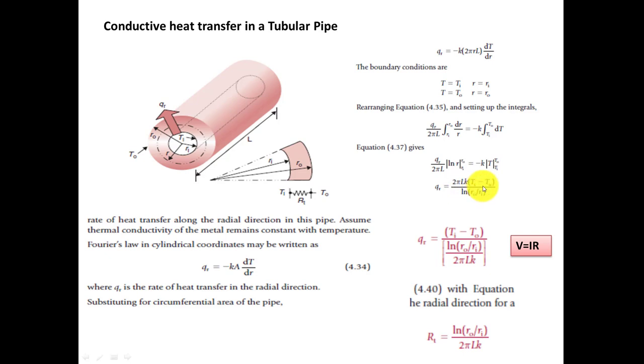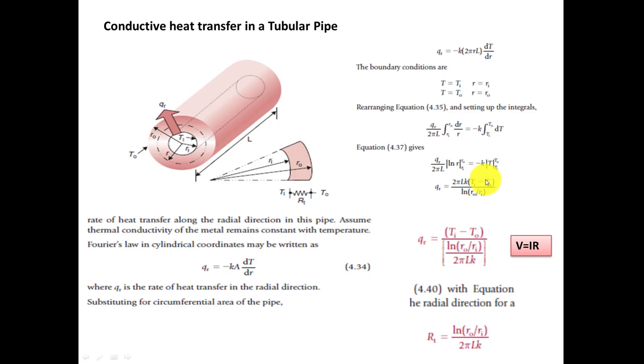Now there is another concept, and that concept is according to Ohm's law. According to Ohm's law, V is equal to IR. Fine. So V is the driving force which decides how much electric current will pass through, and R is the resistance. So we can write this equation as I is equal to V upon R. In our case, I is Q, V is the temperature difference, and the remaining things are the resistance.